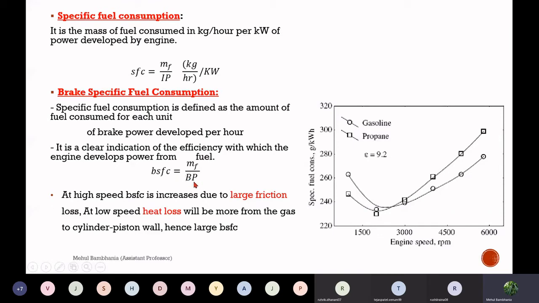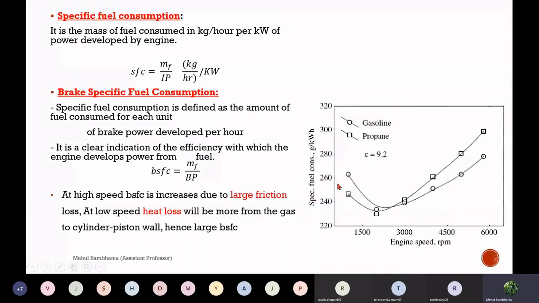This we can say is mileage. Some engines will give some mileage, some engines will give different mileage. That mileage is reflected in terms of brake specific fuel consumption. Technically, it is BSFC. Look at the graph carefully. This is the graph generated with the help of testing. They tested one particular engine at different speeds and measured the specific fuel consumption.